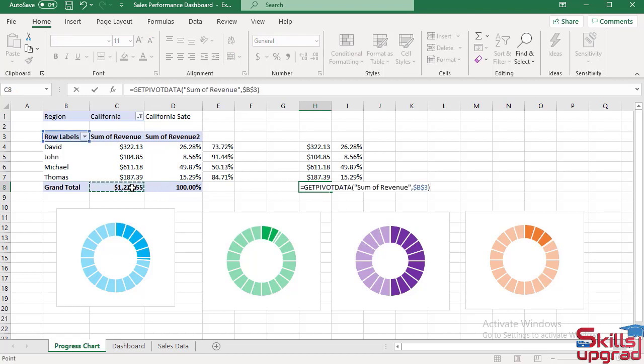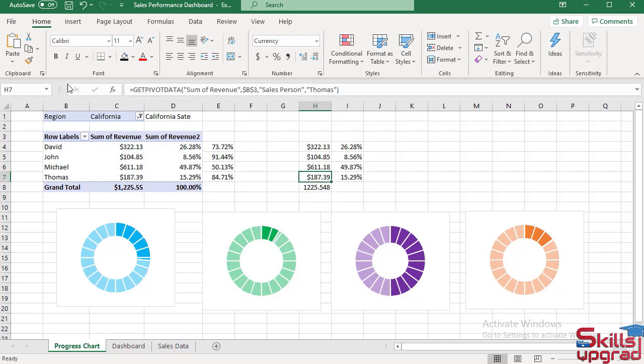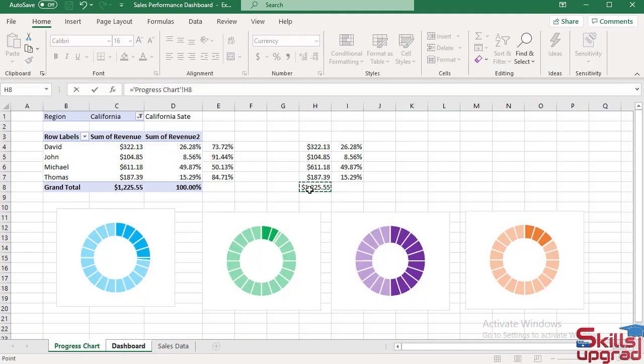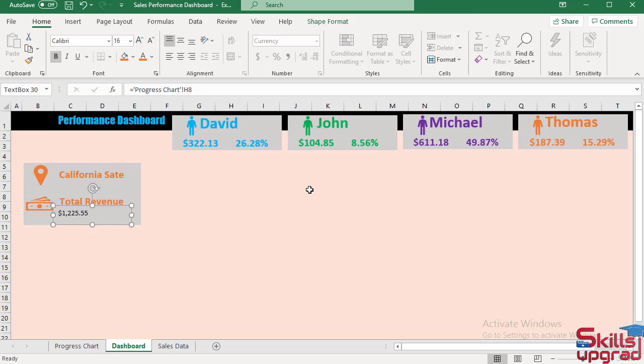Click on this cell. Format this cell. Then select all. Enter equal sign. Select this cell reference. Then I format this value. Click on center alignment